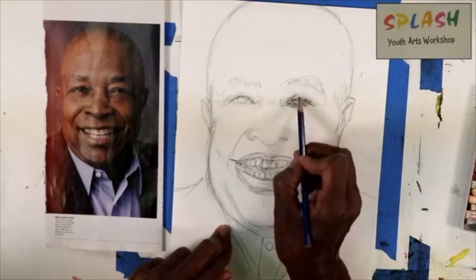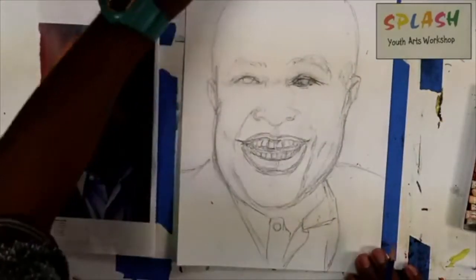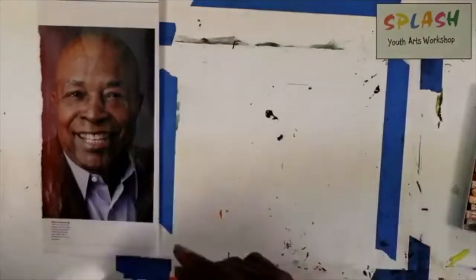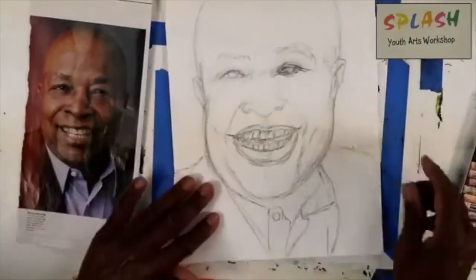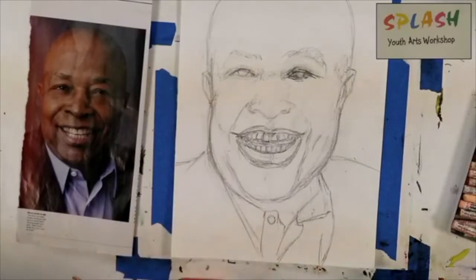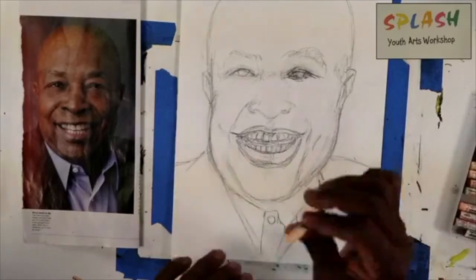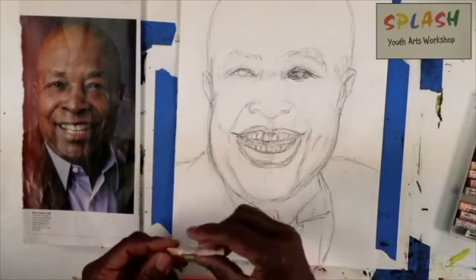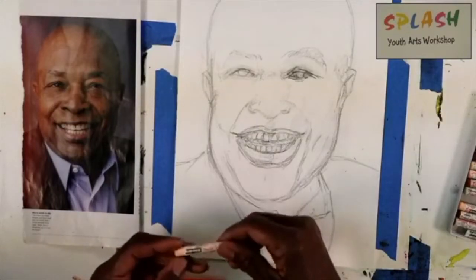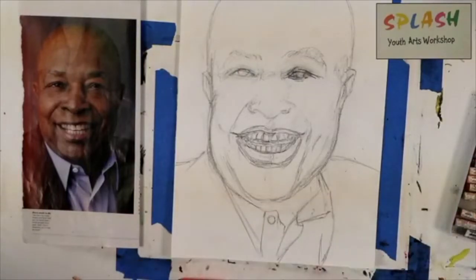Now I want this picture. Now we're going into the unknown here, okay? So now I'm going to use my techniques, and I was thinking today that in a lot of our art, a lot of times I'm going to show you some basic techniques, and then I'm going to use my technique. So let's start with this flesh tone. It's sort of like a light pink. I think it's called,